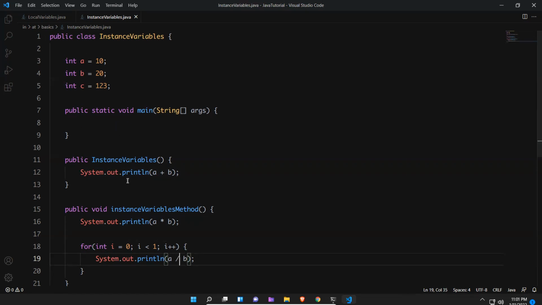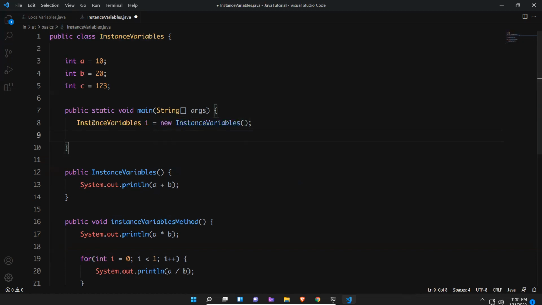So how can I access these things? Obviously, if it is not static, you need to create an instance. Means object: InstanceVariables i is equals to new InstanceVariables, and i dot instanceVariables method. Because of this, the method will get executed. We are creating an instance of the class object.